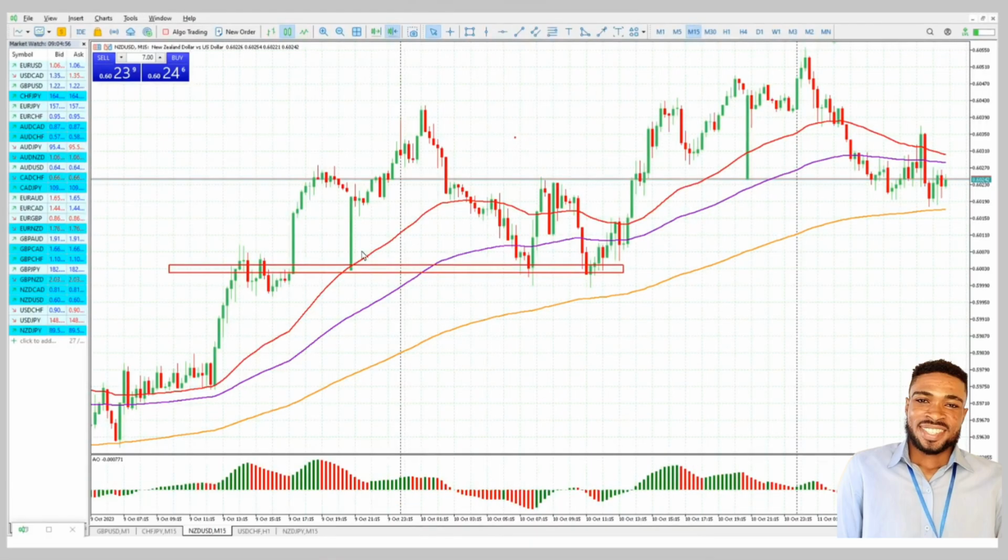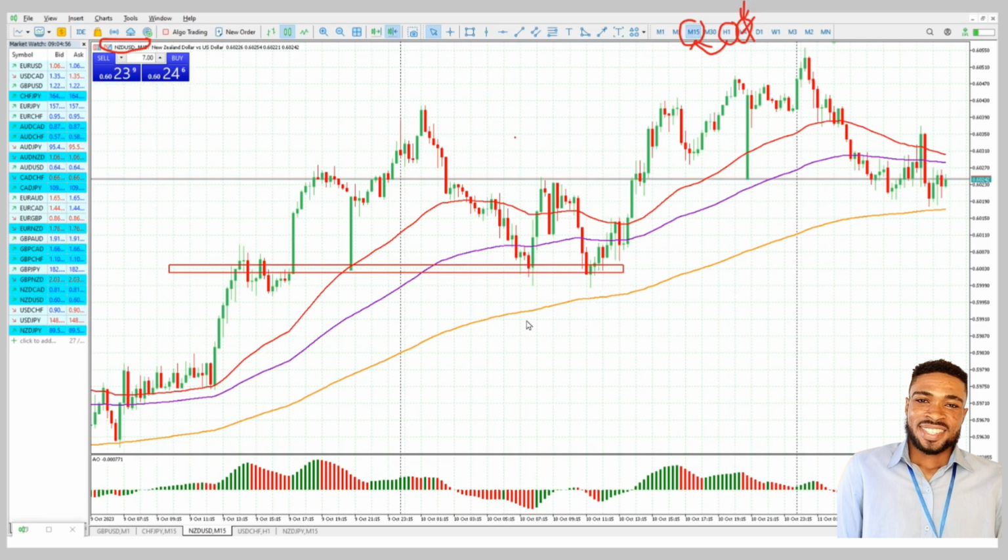So beginning with the NZD USD, as you can see, NZD with USD, and we are on what time frame? M15 time frame. And as I said, you can also trade on H1 or H4, but H4 is too far away. It's very long, so I don't prefer to trade H4. Don't trade on H4. Trade on H1 or M15. This same setup can be found on H1 or M15. So this chart is